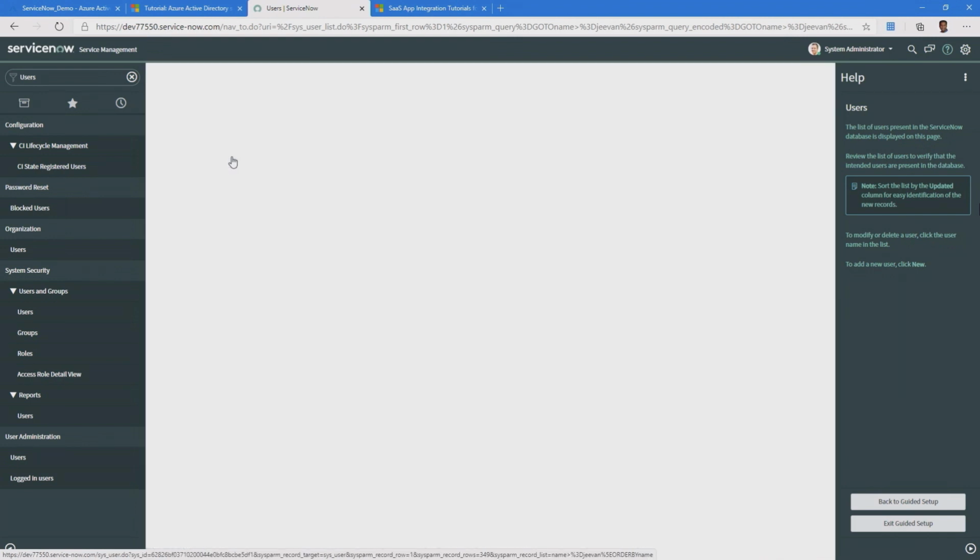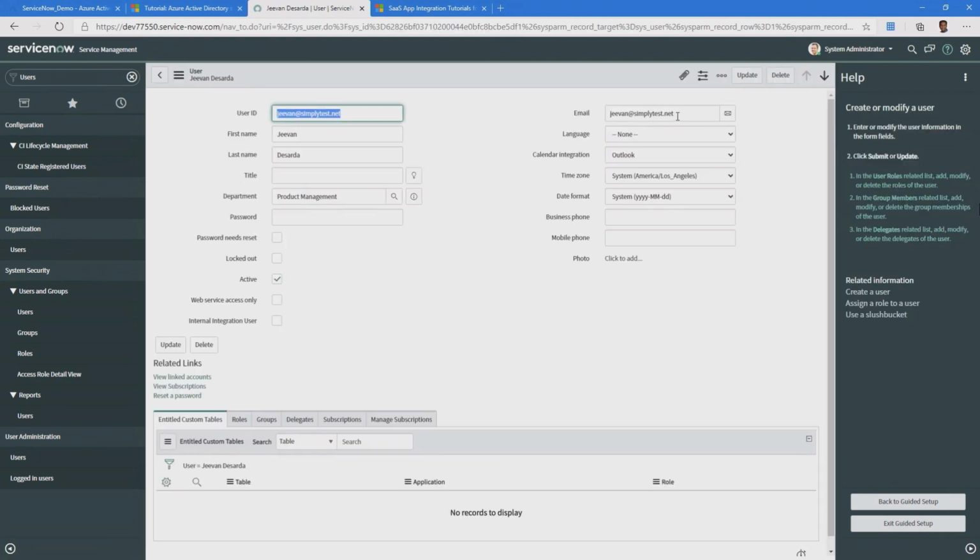When I click on my user over here, you have to make sure that the email address of your user is correctly matching with Azure Active Directory, because in the name ID right now I have mapped my user principal name, which is also my email address, which is going to map over here, and the user ID is also going to be the same. So these are the different fields which we have chosen, and this is how the user mapping is happening. If your integration is not working, you will automatically get signed out from ServiceNow. At that point of time, I suggest you check these two fields for user mapping correctly.